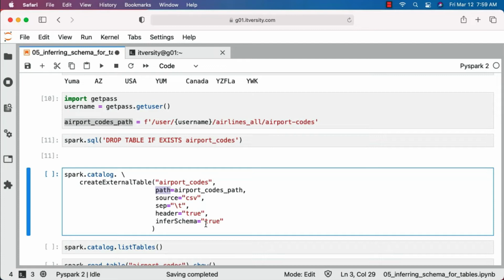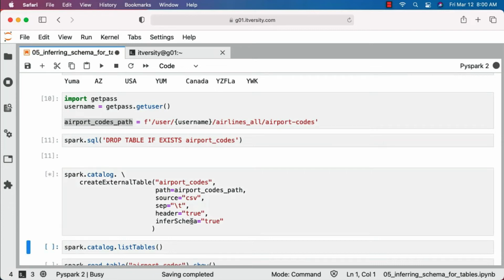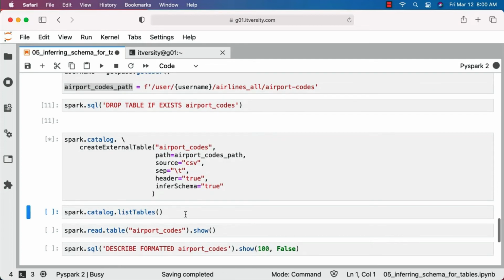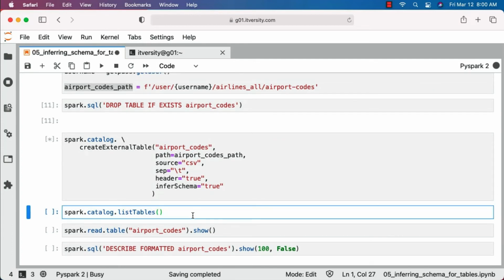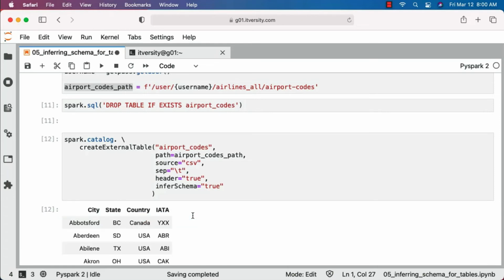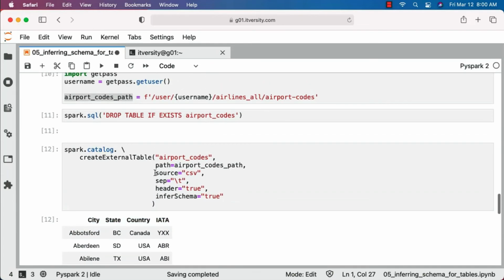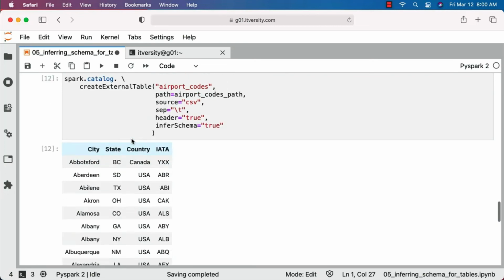Already I have covered as part of the previous topic how to pull the schema from the data frame and use that schema to pass to create table. If you want, you can go back to the topic and understand. Now let's run this. It will take care of creating the external table for us. You should be able to run this piece of code to list the tables in the database, which is nothing but itversity_airlines. You can see a table is created. Even it is displaying the output here.